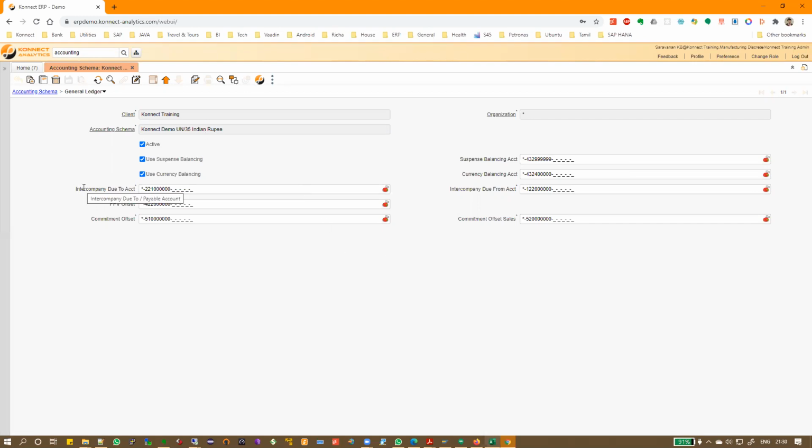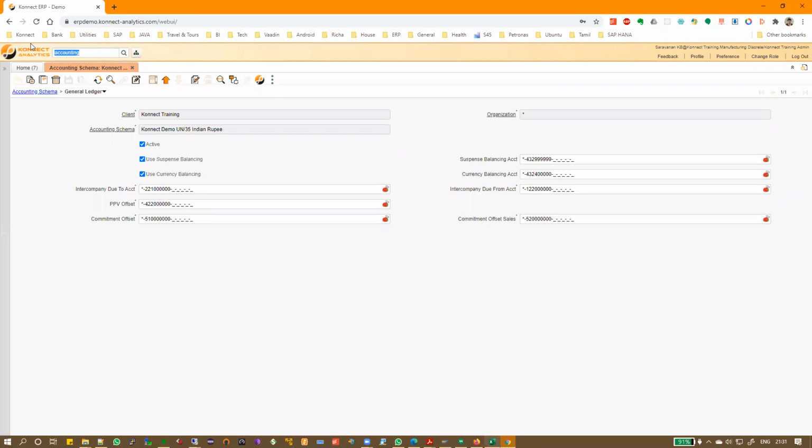So when you move from one company to another, there is the question of which company should be debited and which company should be credited. That is mapped over here, intercompany due to, intercompany due from. Now all these configurations are at different places because of the nature of the transaction, but the configuration method is very simple. How do you configure? For example, this intercompany due account is a payable account. I put it under inter-unit payable.